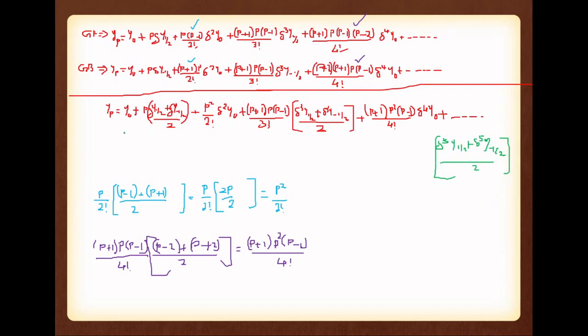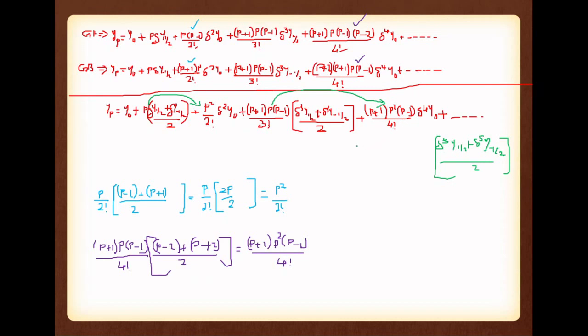Now if we are taking the p term, here there is no p term, then we have a p term. Then what is happening? First, that single p is squared, so we have p square. Am I correct? This p is squared, so we have p square. Now what about the next term? Remove one p, then add both p plus 1 and p minus 1. So here you can see that we have p alone, there is no p square, so one p is removed. Then both p plus 1 and p minus 1 are added. So we have p plus 1 into p minus 1. Am I correct? Now what about that? For the next term, this p is squared again. So we have p plus 1 into p square into p minus 1 divided by 4 factorial.